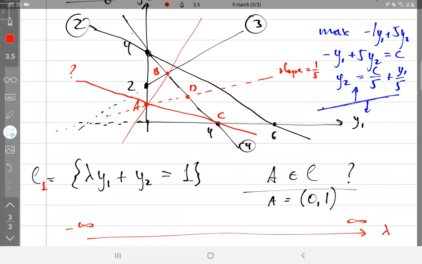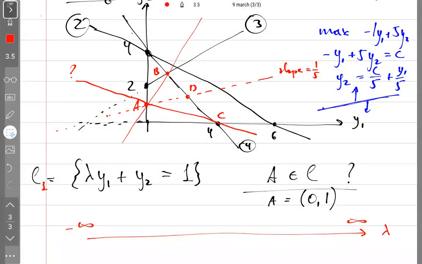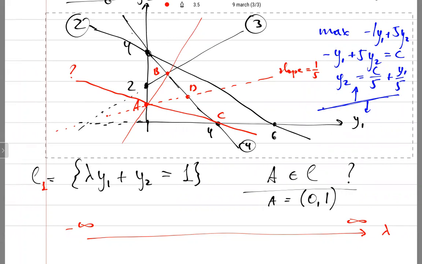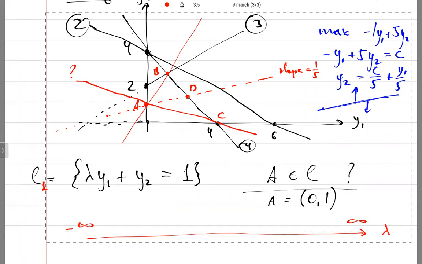So just a moment, I will copy my, or even